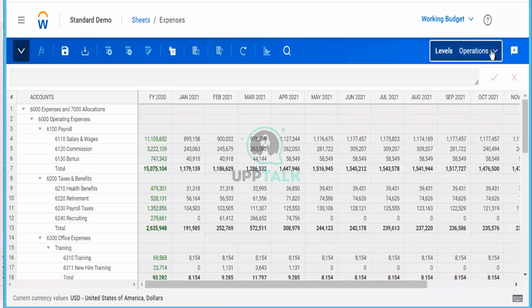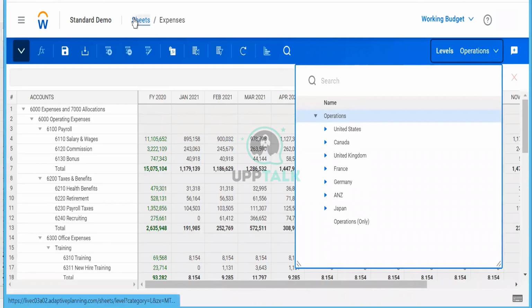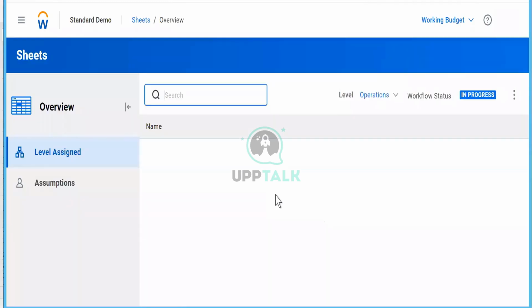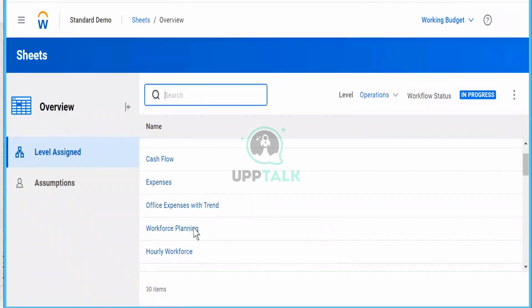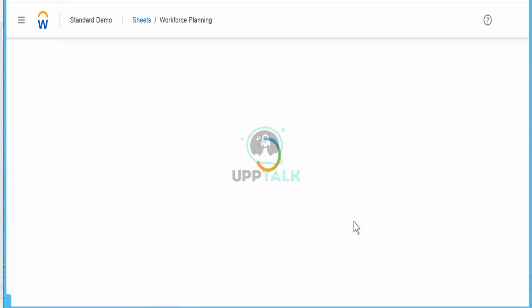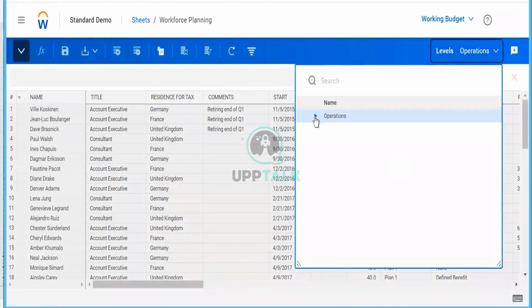In expenses, are you able to change any other level? Let's see. It's still the same. Let's check for any other model. Let's check for workforce planning. Let's see if I'm able to change.